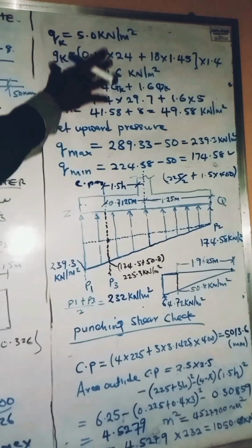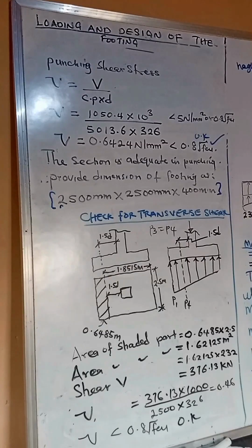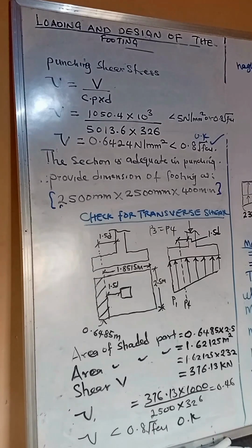So if you decide to ignore the whole of this load, you are still in order. Okay, so now let's go over to determine the punching shear stress. The punching shear stress is equal to the shear force at the critical zone, V, over critical perimeter over effective depth. If we work that out, we are going to have our punching shear stress to be 0.6424